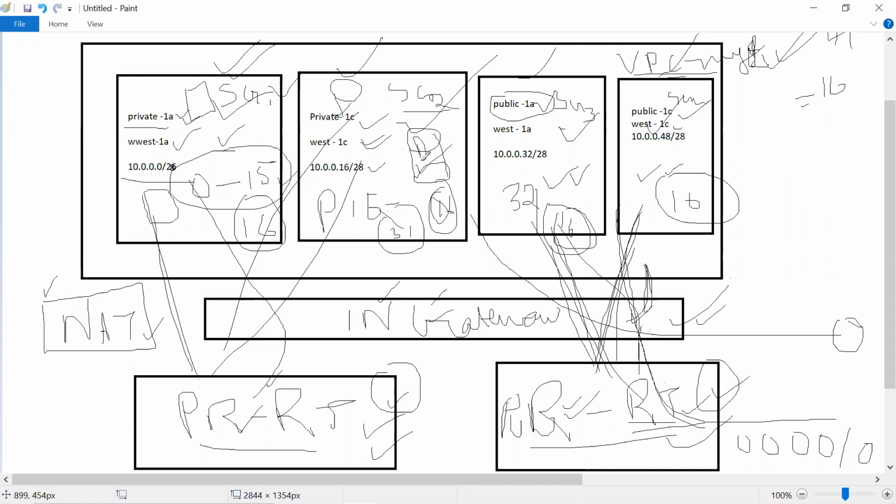This database, if it wants to upgrade itself, patch the operating system or the application or antivirus, has to get the package and everything from the open internet, but it is not associated with any internet gateway to go and get the data. If there is any command running to patch or upgrade it, what will happen?